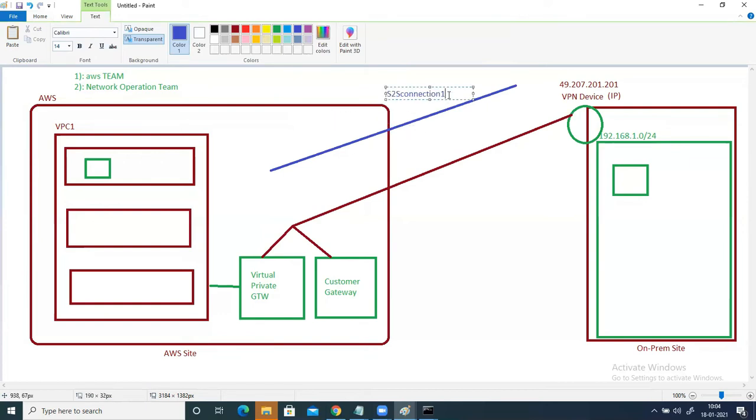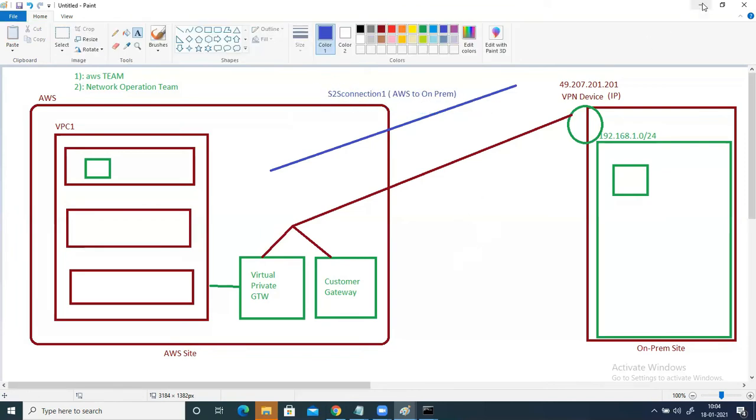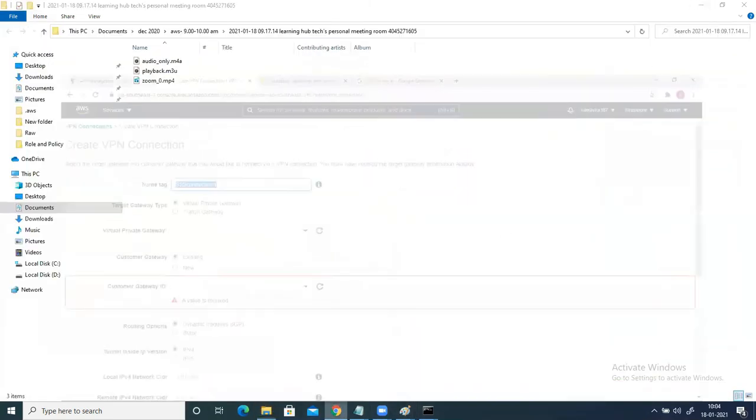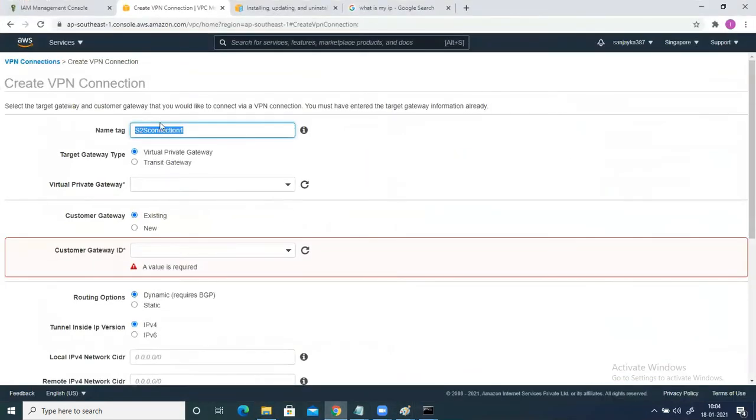And this is happening from your AWS to on-prem. So in this direction you are establishing it. Fine. So come to your portal, name I have mentioned.